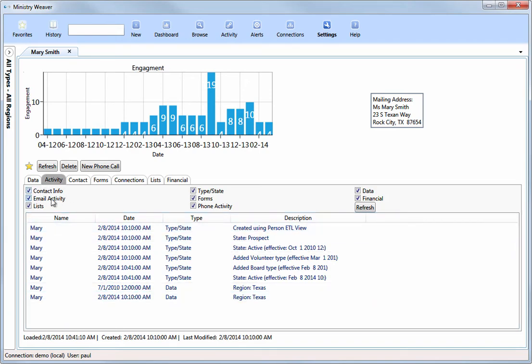Contact information changing, email activity, adding and being removed from lists, changes to their type and status, which is the same thing as class and workflow state, forms, which you'll be working on, phone activity, data, and financial data, which is all coming down the pike. So here we can see that we added them as a board member and we changed their board member type to active down here. So a little bit of cleanup work needs to be done here, but